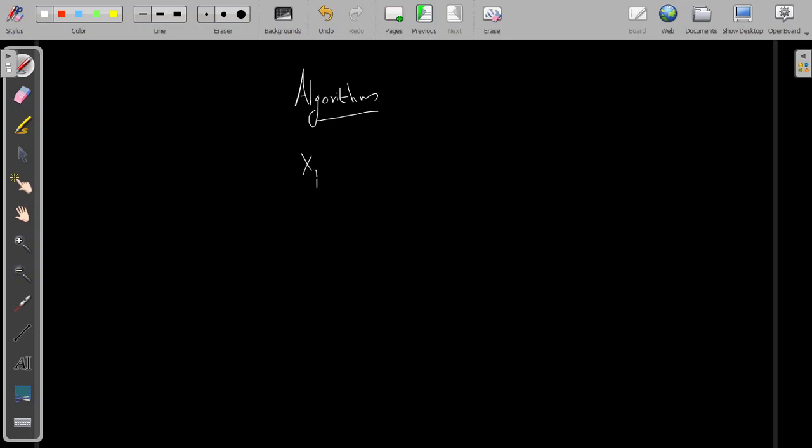This is arbitrarily chosen, and this x1 will be equal to some x1, x2, etc., xn in directions. Then we also define a step length. We are defining the step length for our local search,